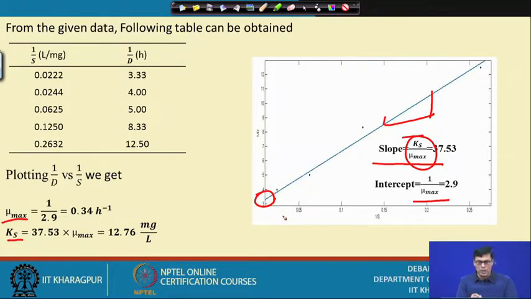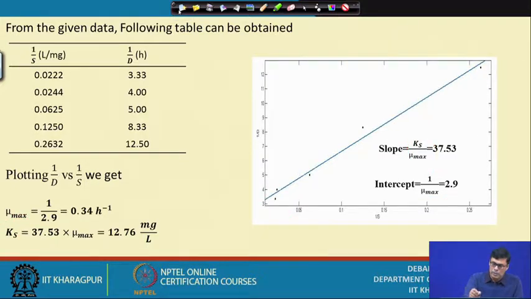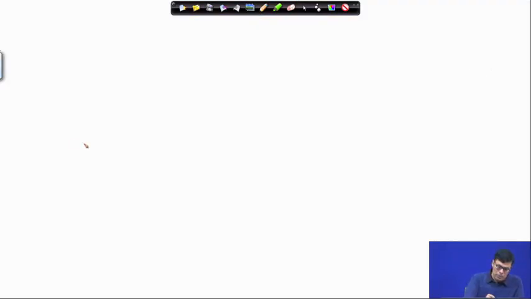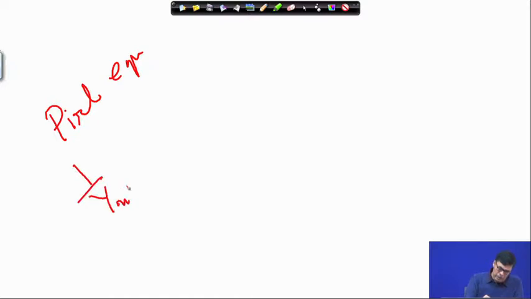Now the question comes, how can you determine the maintenance coefficient, because that is important. For the maintenance coefficient, if you look at the Pirt equation, what is the Pirt equation we have seen? That is 1 by Y X by S overall. Am I right? This is equal to 1 by Y X by S true, the true growth yield,